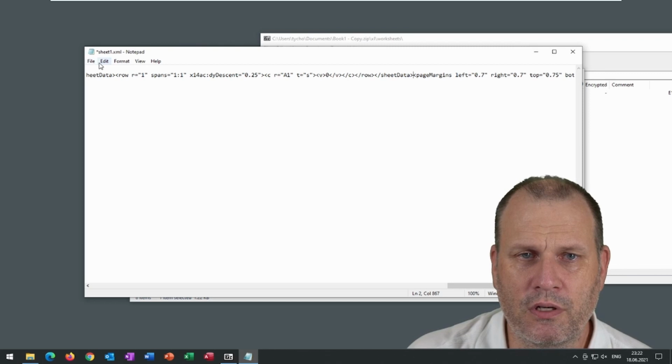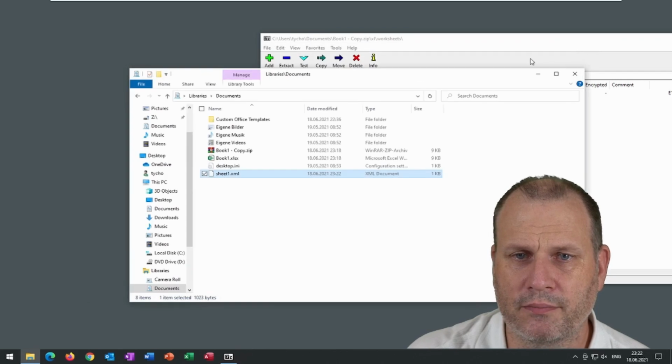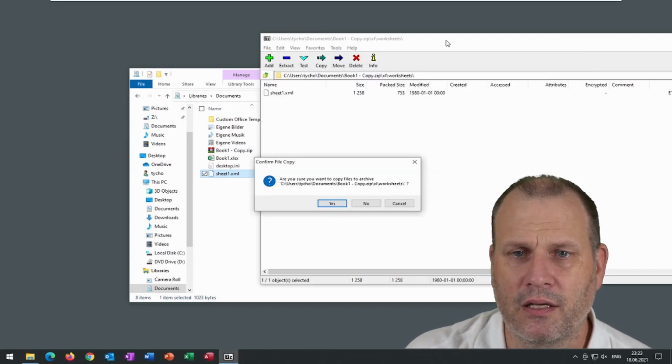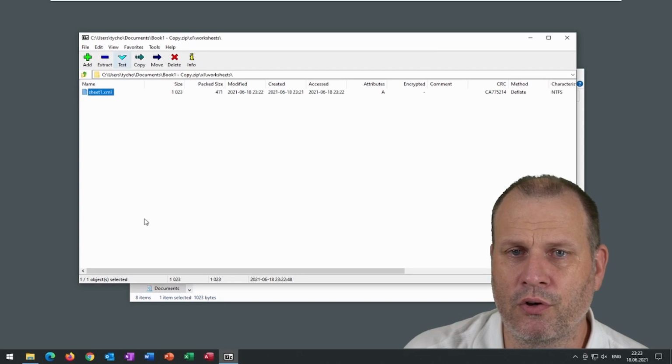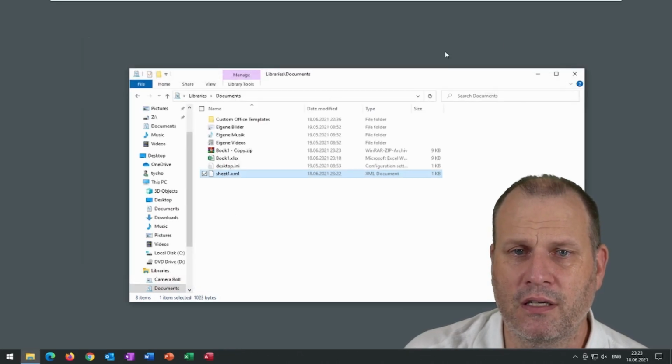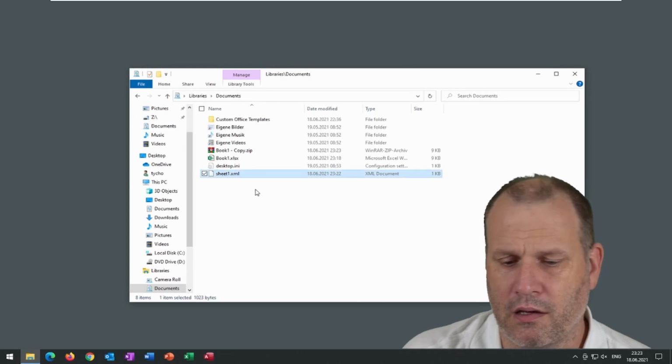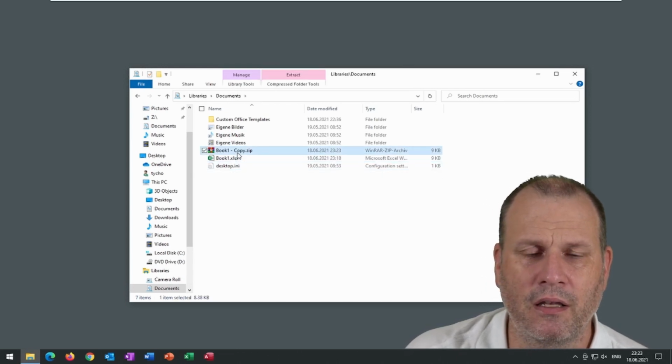Now all I need to do is save this file, close Notepad, and then I've got this sheet1.xml, and I'm going to put this back into the 7-zip file by dragging it, dropping it there. I confirm to overwrite it. That's basically all I need to do. 7-zip already saved it. So now delete this sheet XML file, and the book1 copy needs to be renamed again